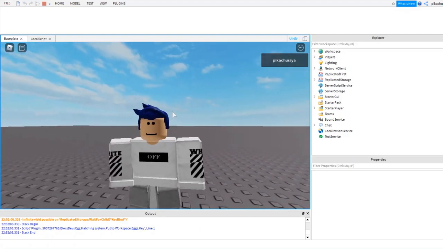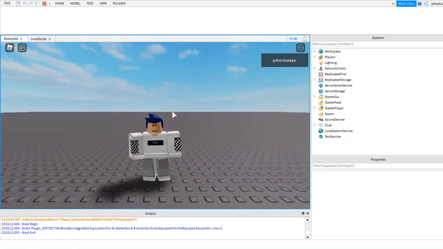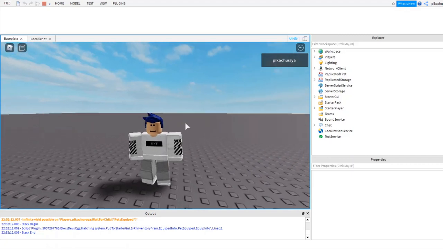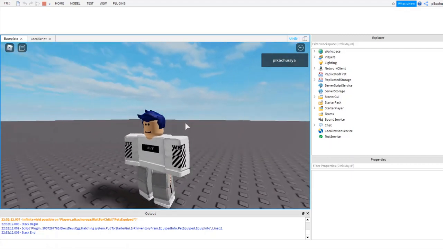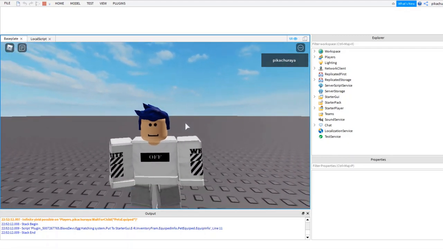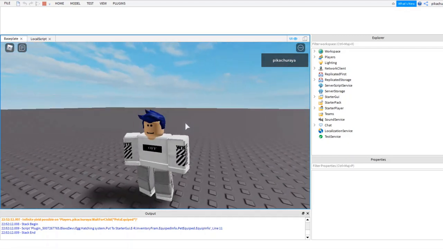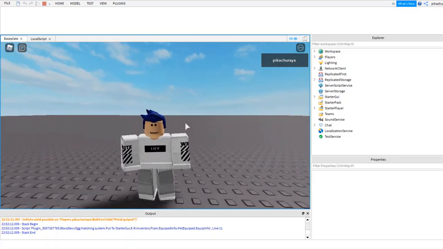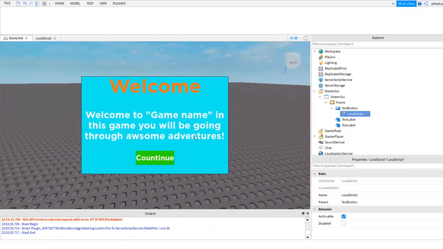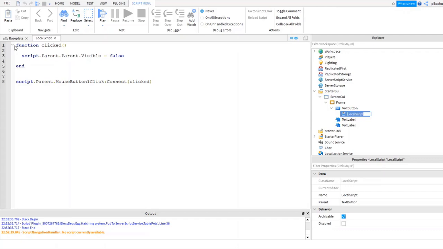Okay, it is working. So we do have this frame going, and you have your little welcome message, which is pretty awesome, honestly. It is always better to have a UI welcoming the player and showing the player what to do, or they will be a bit confused. So yes, this is how you make a basic welcome UI. Next we're going to go over some more advanced stuff. We're going to make a home screen, and as well a tutorial, which is pretty awesome. In simulators especially, there are tutorials that tell you what to do in the game.